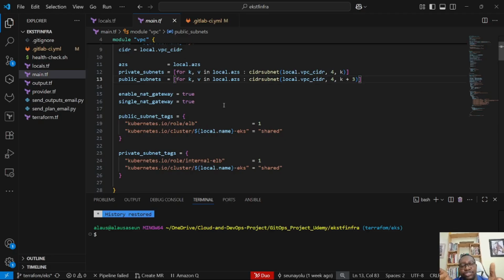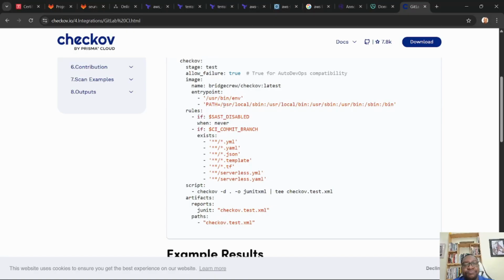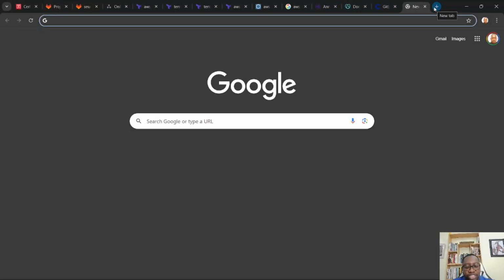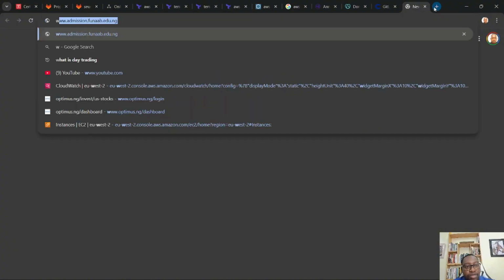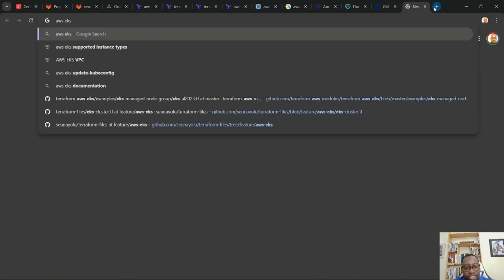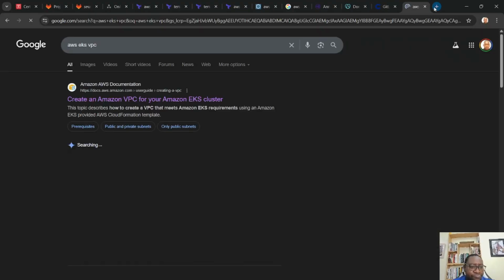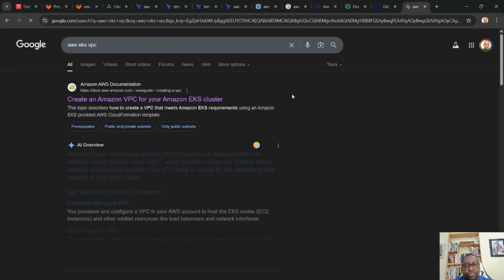It doesn't matter whether you're using the AWS Load Balancer Controller or the Nginx Ingress Controller, these options are very important. And let me show you where I got that from. So if you come here to the documentation and you look for AWS EKS, let's say VPC, all right, and then you click on this option,